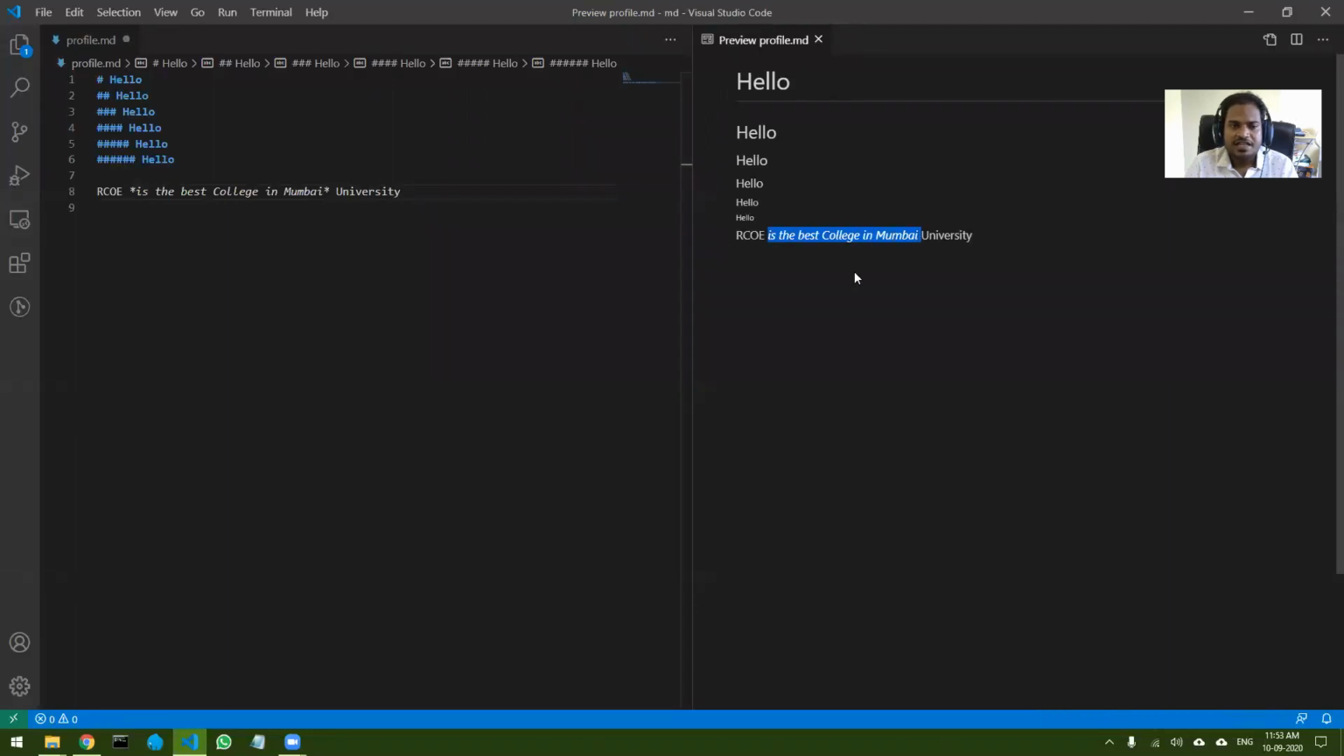Okay, next is, if I want to create a bold tag. Okay, so I want to bold a particular tag. So let's suppose I want to bold RCOE. Okay, so for that, all you have to do is add 2 stars in front of it and 2 stars after it. Okay, so you can see what happens. RCOE is in bold. Okay, so similarly, you can create Mumbai University as bold,